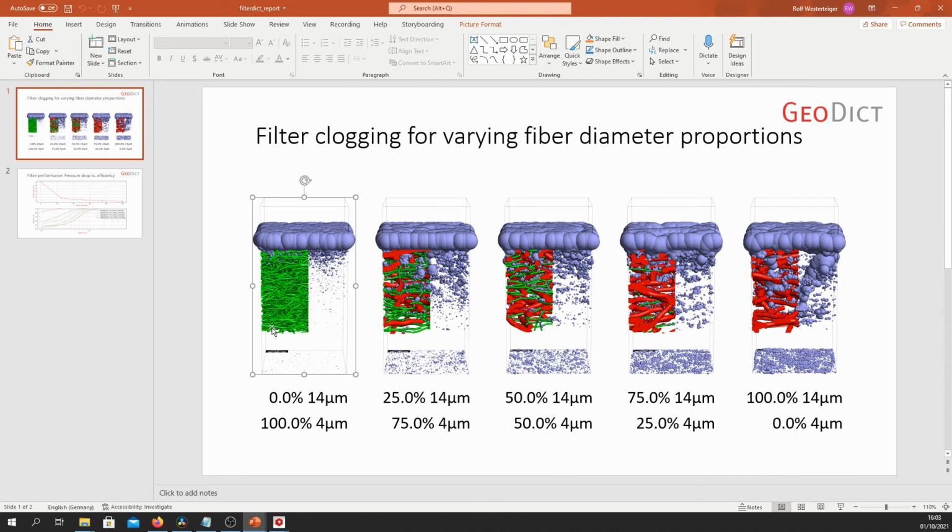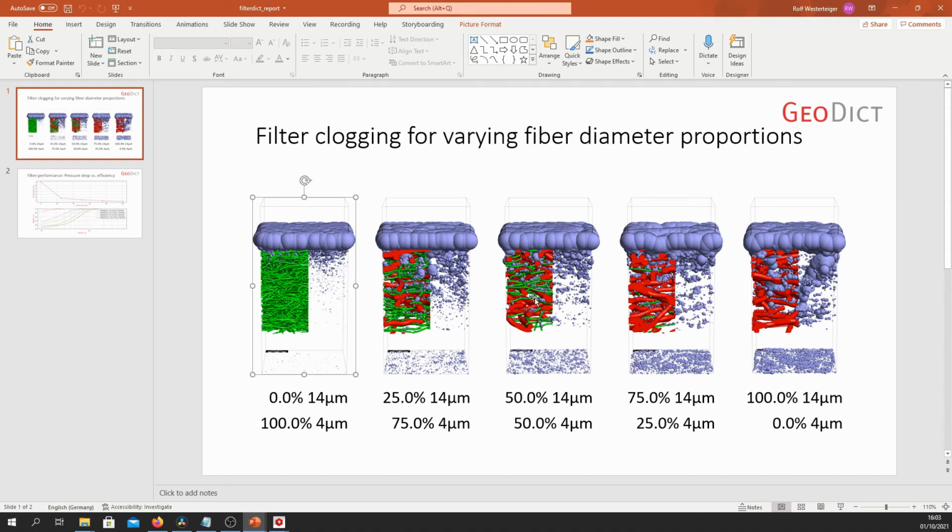So you can see here on the left-hand side that when you have 100% of the thin fibers, then, as one would expect, the particles do not penetrate very deeply. But we can see that the smaller particles penetrate more deeply than the bigger particles, which immediately form a cake on top of the fiber structure.